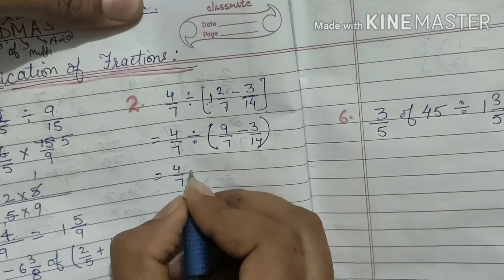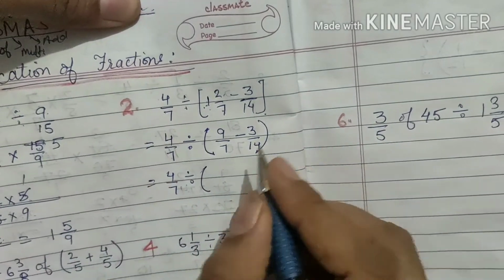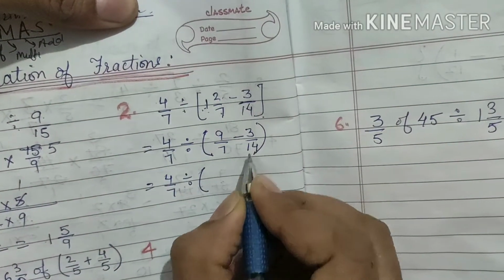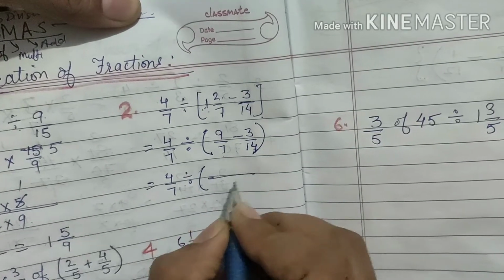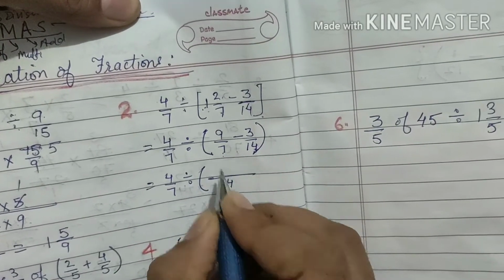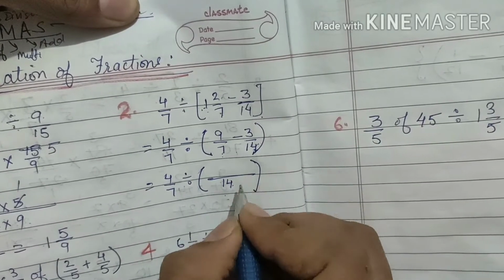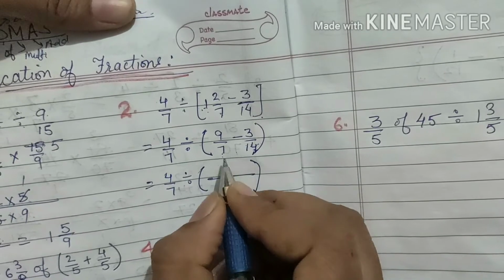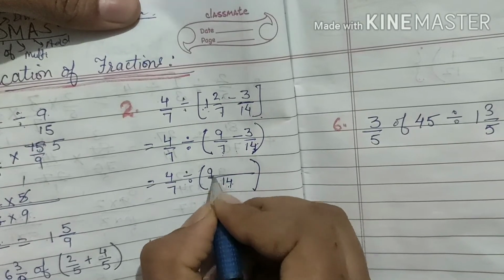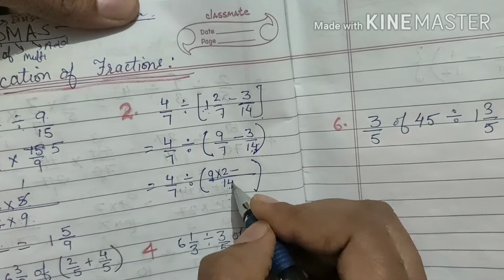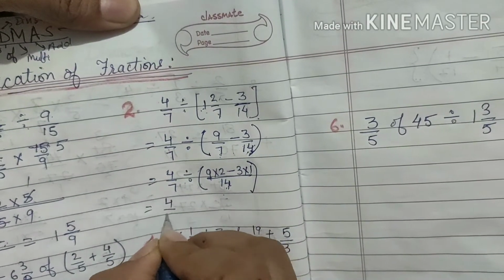Now we will take the LCM of the numbers given inside. This will remain same. So take the LCM of 7 and 14. 7 2s are 14. So the LCM is the greater number. Both are occurring in the same table. So GCD is 7, so their LCM is 14. So now divide this 14 by 7. 7 2s are 14. Multiply 9 into 2. Minus, 14 1s are 14. Multiply 3 by 1. So we are left with this.